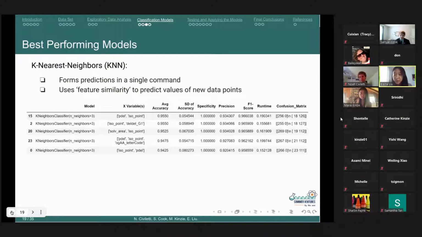You can also see that it performed pretty well with a best average accuracy of around 95.5%, pretty high specificities or true negative rates, as well as very low runtimes, making it overall a pretty efficient model. You can also start to see isoelectric point be a consistently top-ranking variable as covariates, signifying that these variables would ultimately be really important in the final model that we chose.